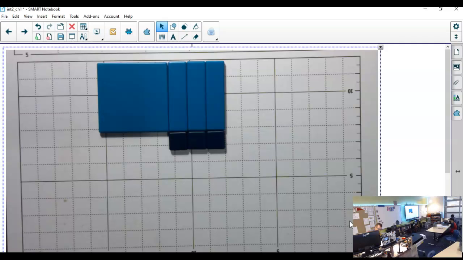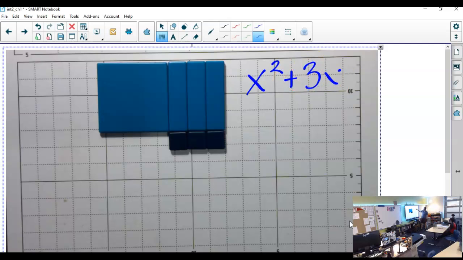It was x squared plus 3x plus 3. Yep, just exactly what I told you guys to get out, right? x squared plus 3x plus 3. Now, what if I ask you to write the area as a product? Because this is a sum. If I ask you to write the area as a product,